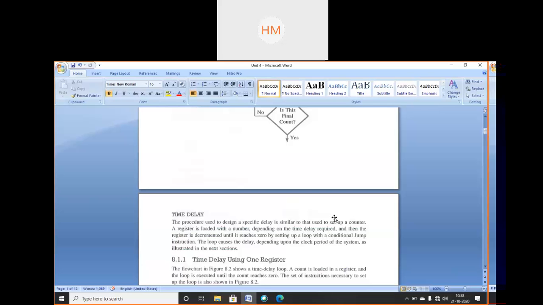What do we mean by time delay in real-time applications? There are so many applications: traffic light control, digital clock, process control, serial communication. It is important to keep track of time. Wherever we talk about real-time applications, it is needed to keep track of how much time is required, what time the event is starting and what time it is ending, and how much time it is taking. So sometimes it is necessary to give time delays between two transitions. These time delays of a few seconds can be generated by executing a group of instructions a number of times. We will repeat the same instructions 10 times.